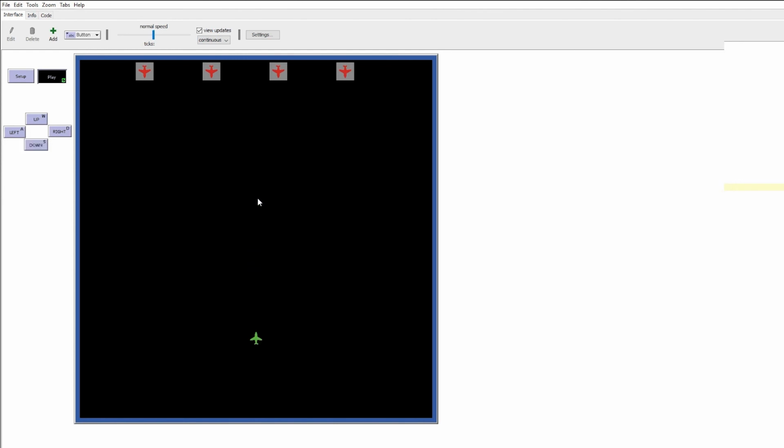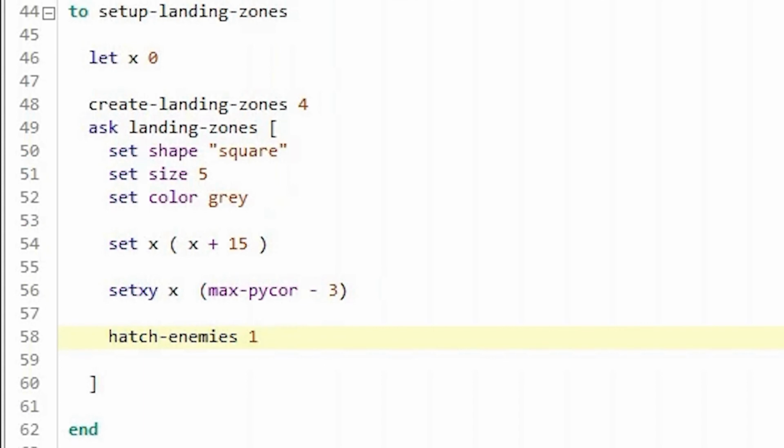And if I go away from that aircraft, it should go back to its landing zone. But now the problem we have is, how can this enemy aircraft identify its own landing zone? For that, we are going to use another feature in NetLogo called links.